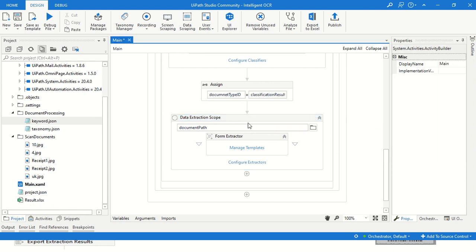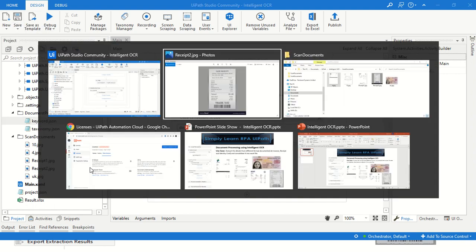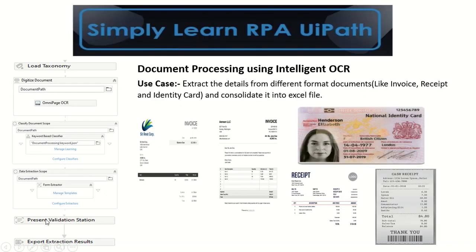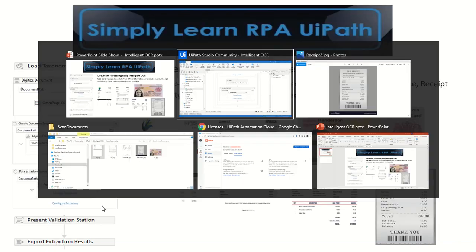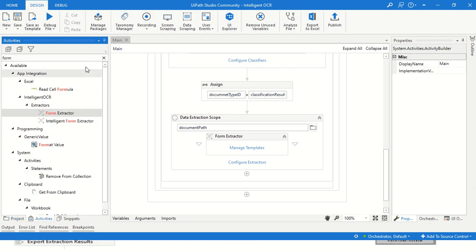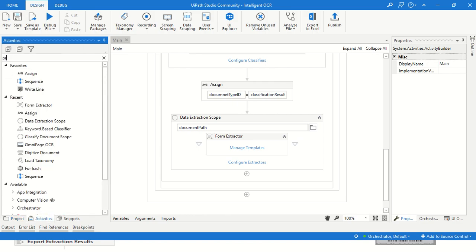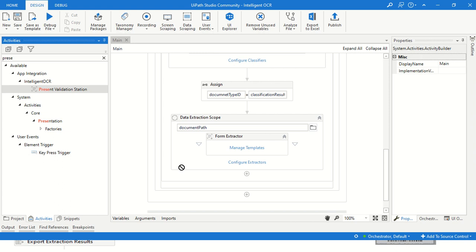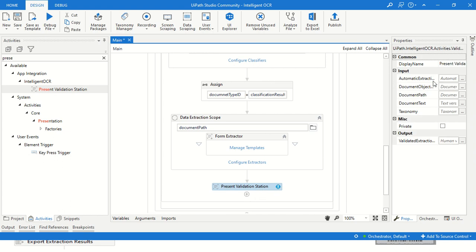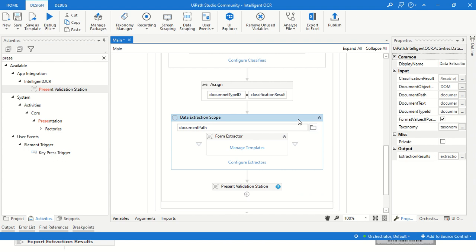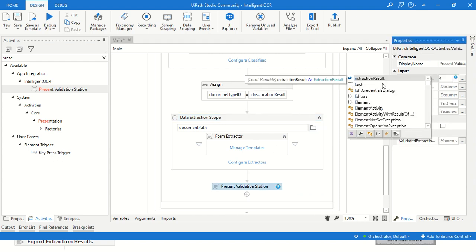Yeah. So in this way, we have a configure document extraction scope. I'll save this. Now next is the present validation station activity, so that we are going to use present validation station to validate the thing at the time of execution. So here we will use extraction result,